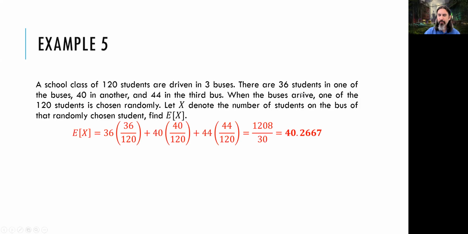It's not 40, it's 40.26, because it's asking us to pick a student, not pick a bus. If it had told us to pick a bus at random, then all these numbers would have a probability of 1 over 3, which is different from these values, as you can see. And it would have an x-value of 40, because it's just going to be the average of all 3 values. But in here, we are picking a student, which is a different probability value than picking a bus.